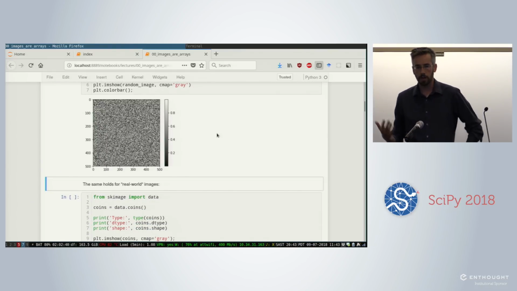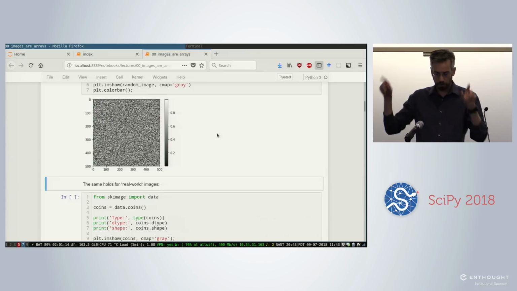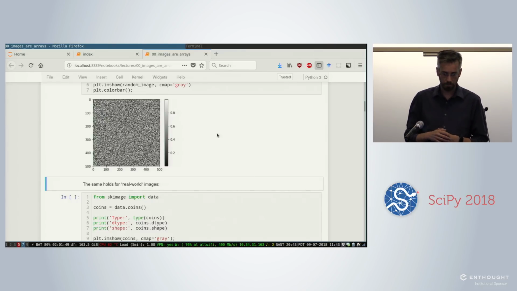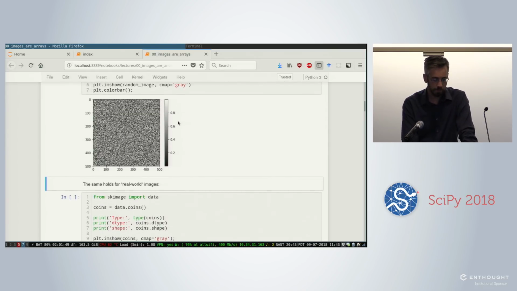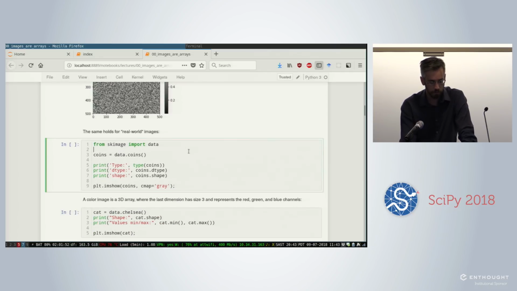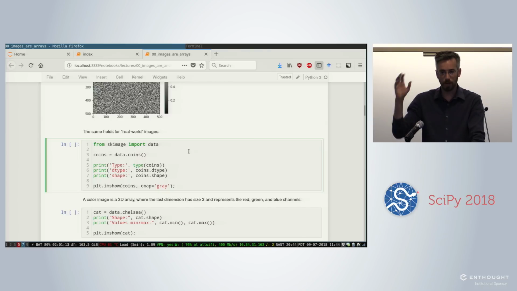So this kind of follows our intuition that, you know, we have an array of numbers, 0 maps to black, 1 maps to white. So this was an image that I just constructed on the fly, but the same holds for real-world images. So if you import from scikit-image the data module, it contains a few example images that we ship with the package. We can load up the coins image, and I'm going to both display the coins image and a few attributes